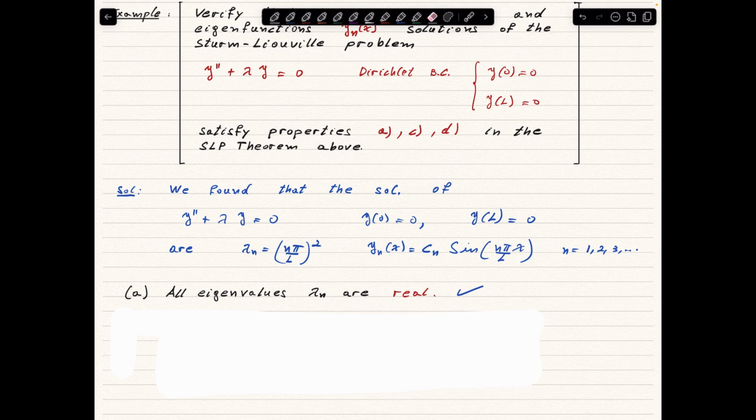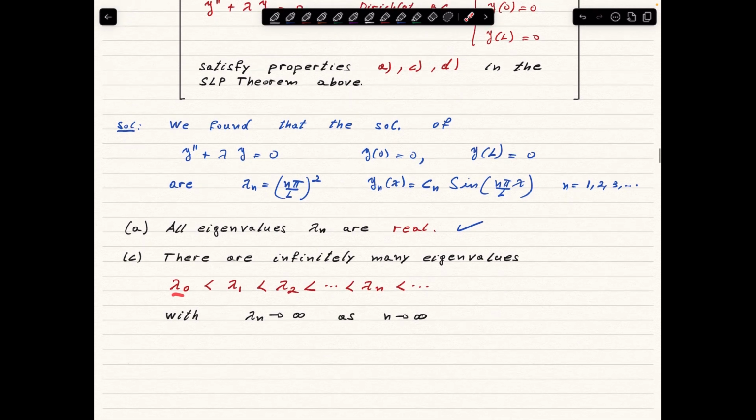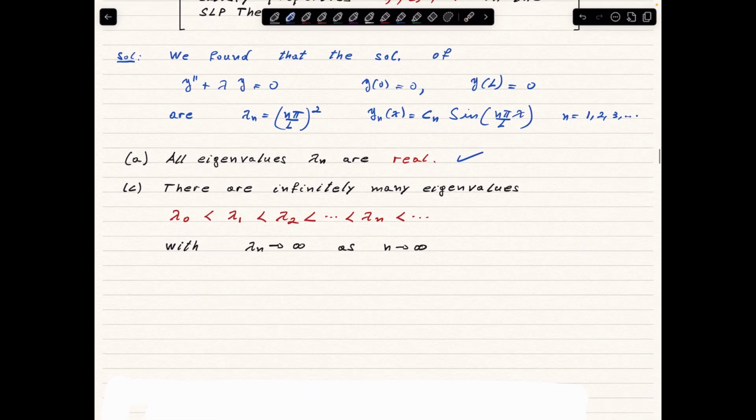Next property. So there are infinitely many eigenvalues, because n goes to infinity, so that is satisfied, and they can be ordered like this. And the eigenvalues go to infinity as the label goes to infinity. Well, our label here n starts at 1, and here we need to start at 0, so we need to do a very simple relabeling. So we relabel